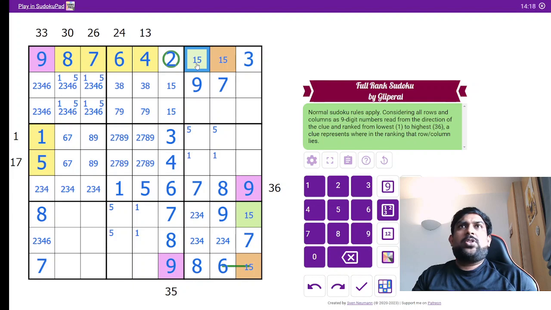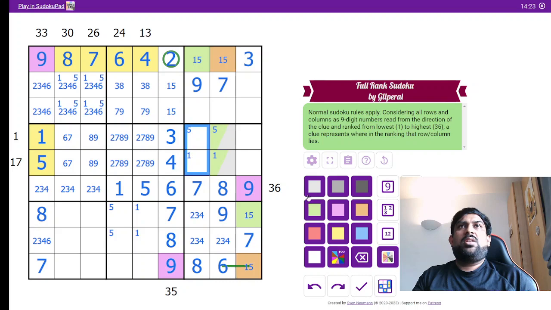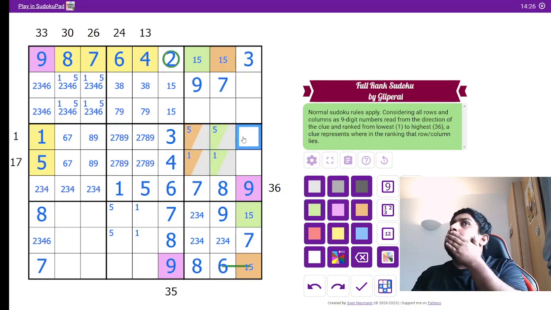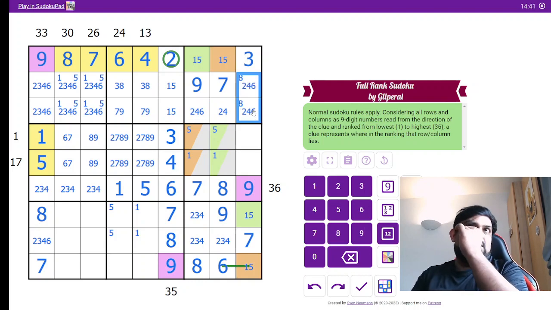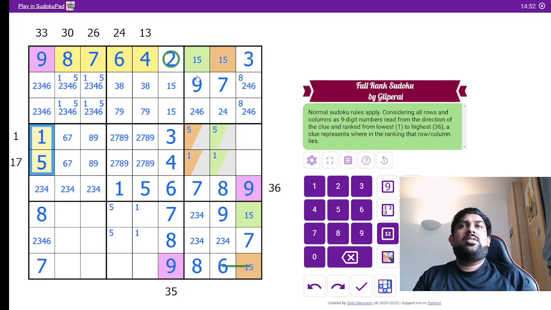Okay, what's next? So this is orange, so here we should have a green number, here we should have an orange number. Okay, so what is left here? I think 2 4 6 8. Perfect. 6 8 is not here, 8 is not here, so 8 corresponds to these two cells. Fine. So till now we have done these oranges, and let's look at all the 1 5 pairs. So this is one pair of 1 5, this is the second pair of 1 5, this is the third pair of 1 5,